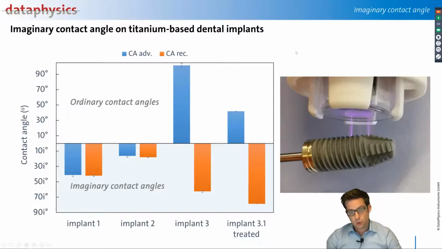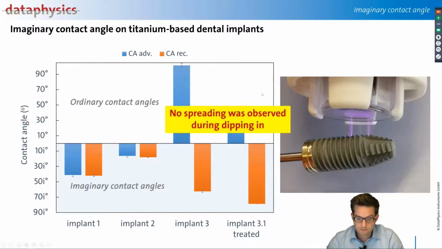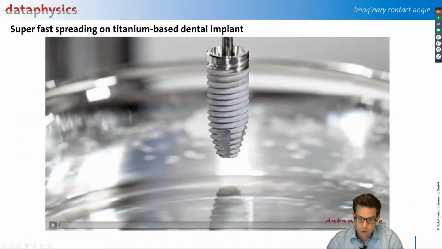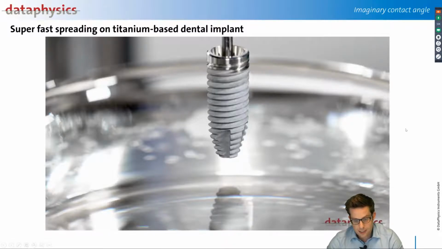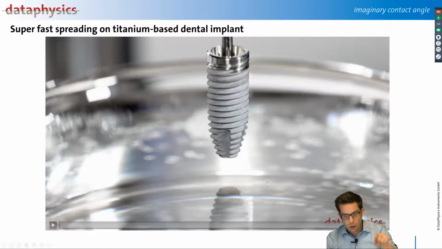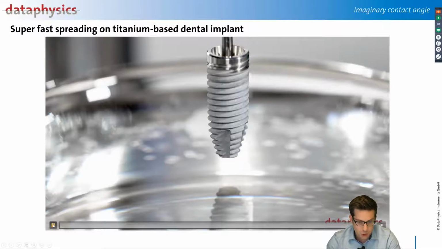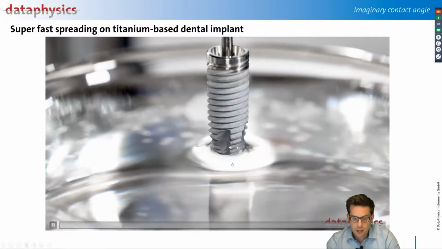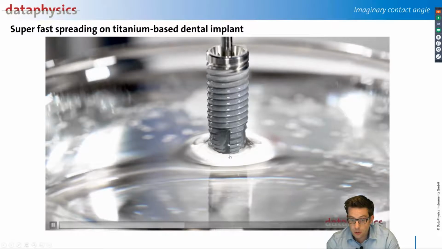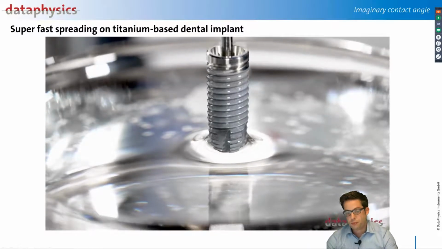I want to quickly show you how it looks when you dip a treated implant into water. So look here, this is now a holder. Up here you have to imagine the tensiometer. So this holder is put into the tensiometer, and at the end of the holder we have an implant screw. And here is the sample vessel filled with pure water. Now, pushing a button, the stage will automatically move up. I show you this one time. And you can see the surface is only very, very slightly touched, but it's hyperhydrophilic, so the water is moving up